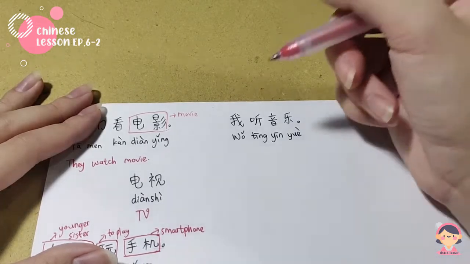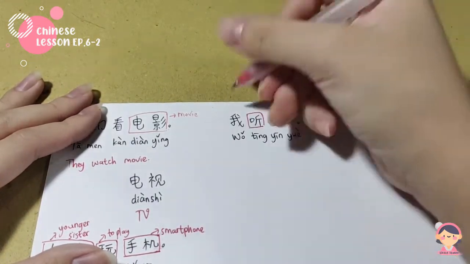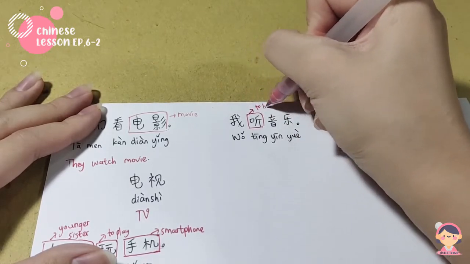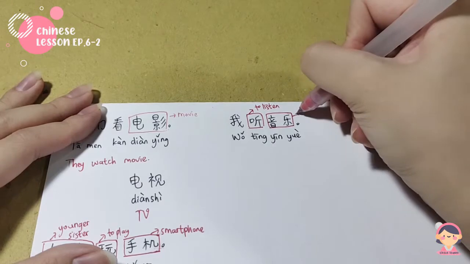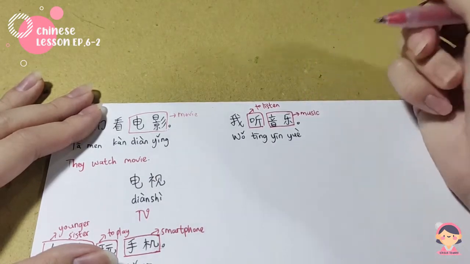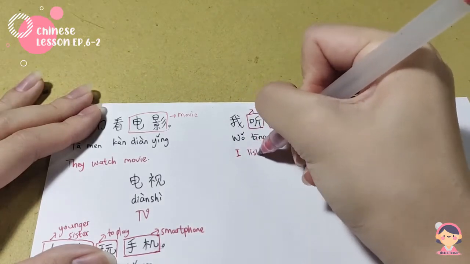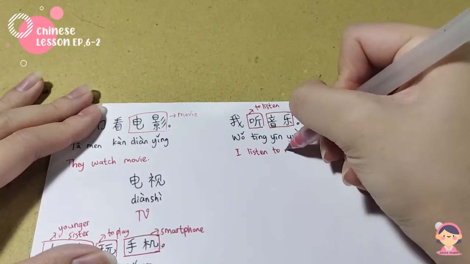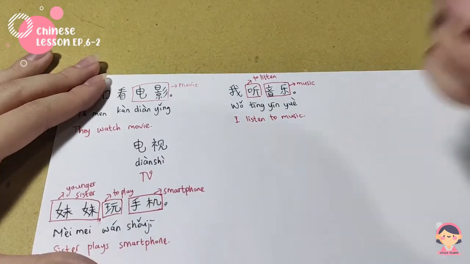我听音乐。听 means to listen to. 音乐 means music or song. So 我听音乐 I listen to music. Another useful verb is